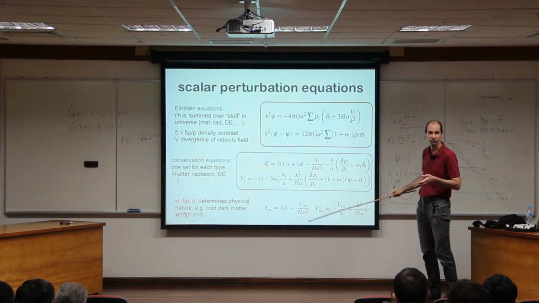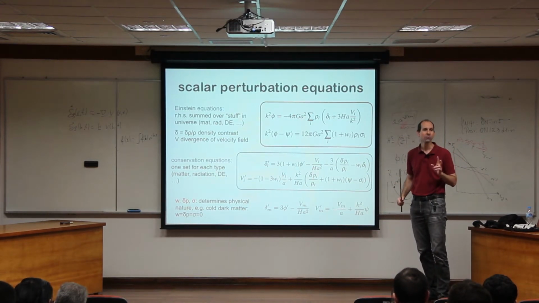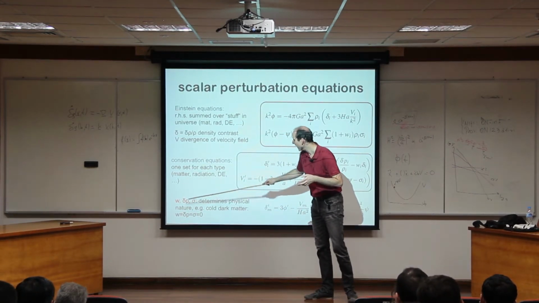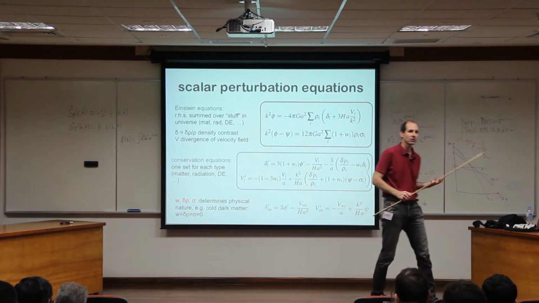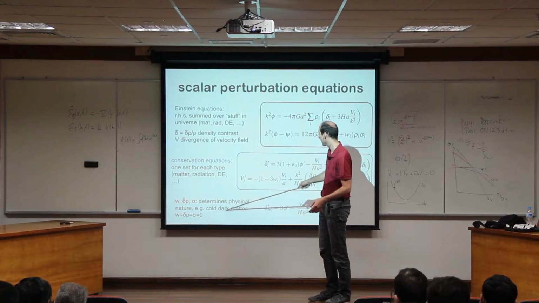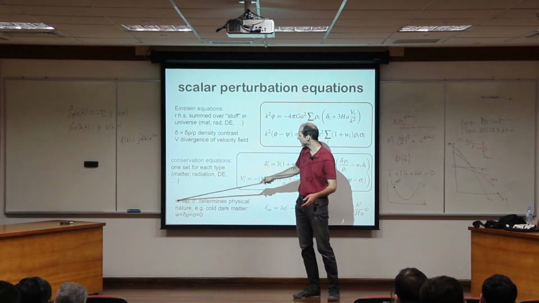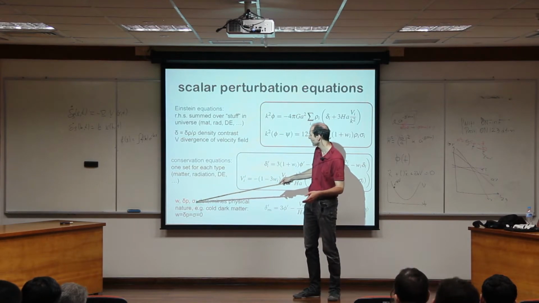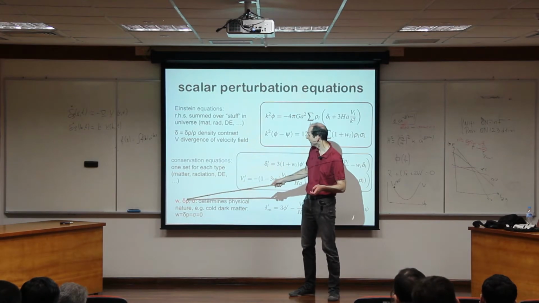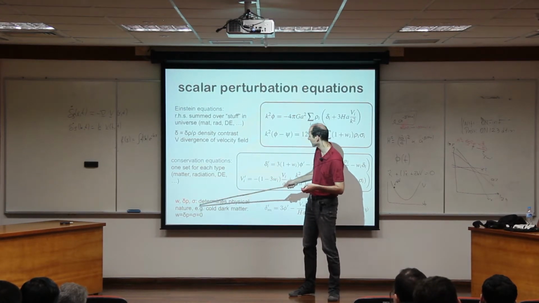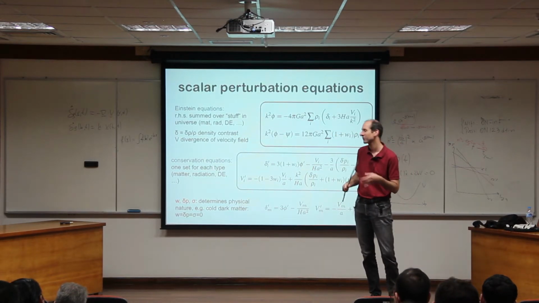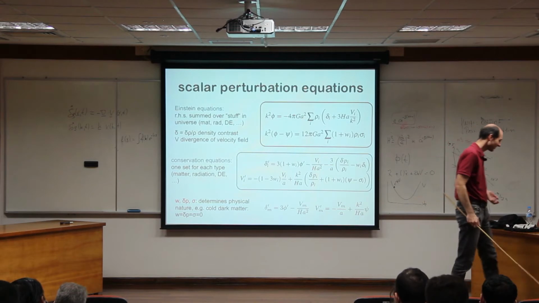And we have four equations. And so we have two quantities that are not fixed. And typically we say that delta p and sigma are, at the perturbation level, the variables that describe the material. And so, for example, cold dark matter has w, the pressure, equal to 0, pressure perturbation is 0, and the sigma is 0. Radiation would have w equal 1/3. Turns out it also has delta P equal 1/3, and it has sigma equal 1/3 as well. Actually, it also has some other stuff, but that's beyond the scope.